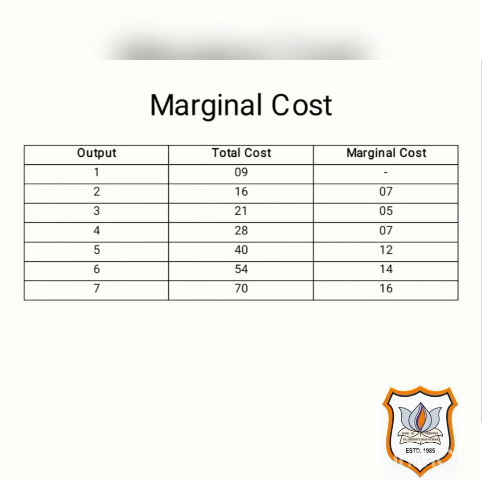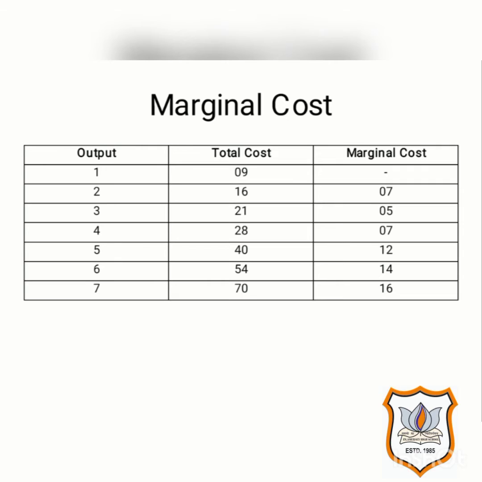As you can see here in the table, initially with an increase in production, as total output increases, marginal cost decreases, and after that it again starts increasing. See, up till the third unit marginal cost is decreasing, but after the production of the third unit is over, that means from the fourth unit onwards, marginal cost has continuously started increasing.